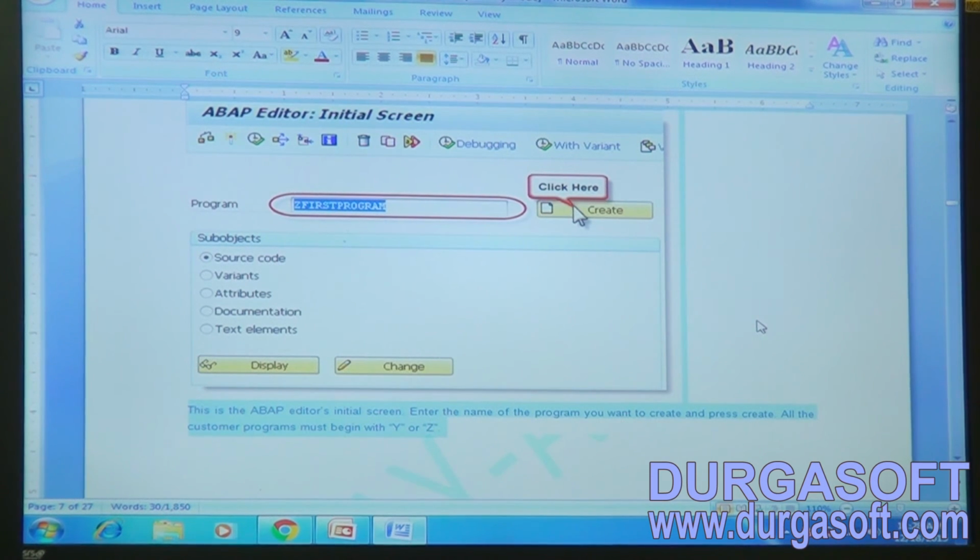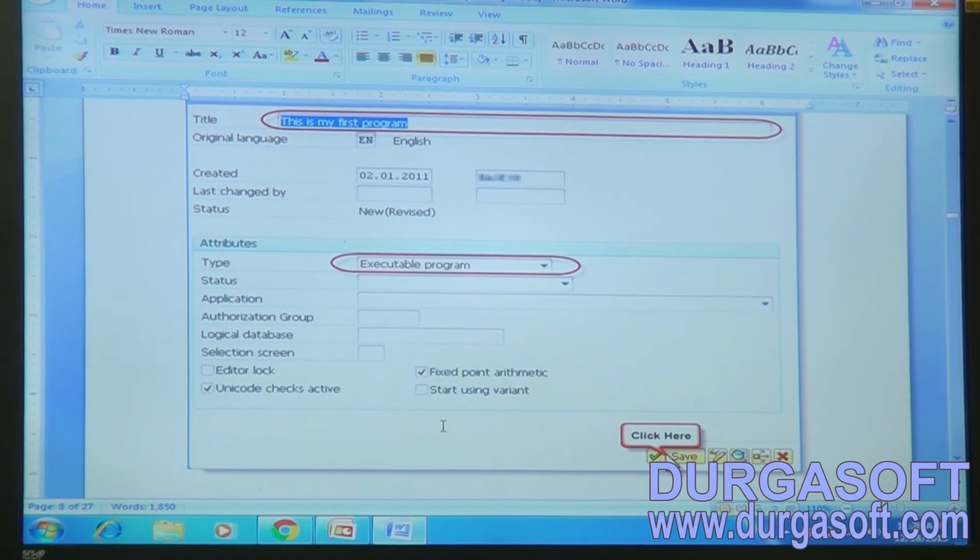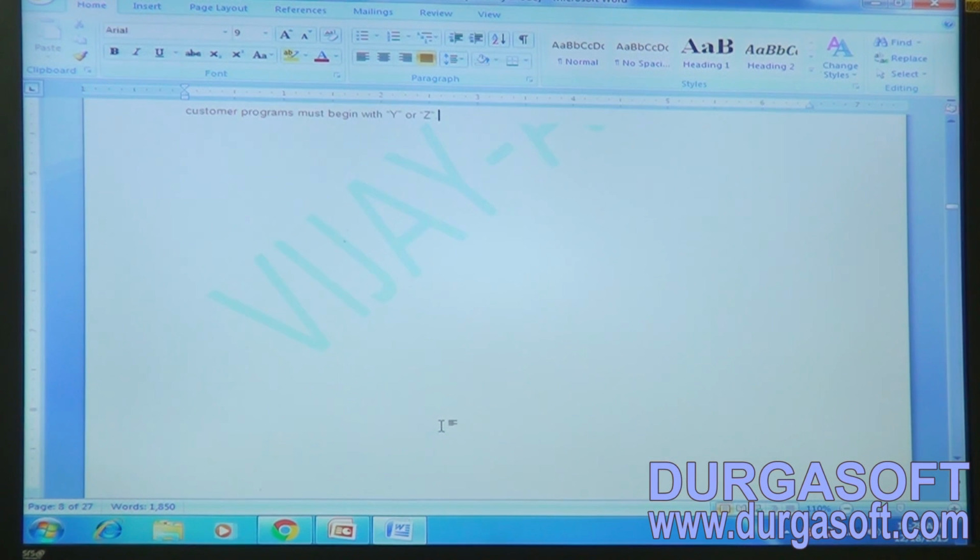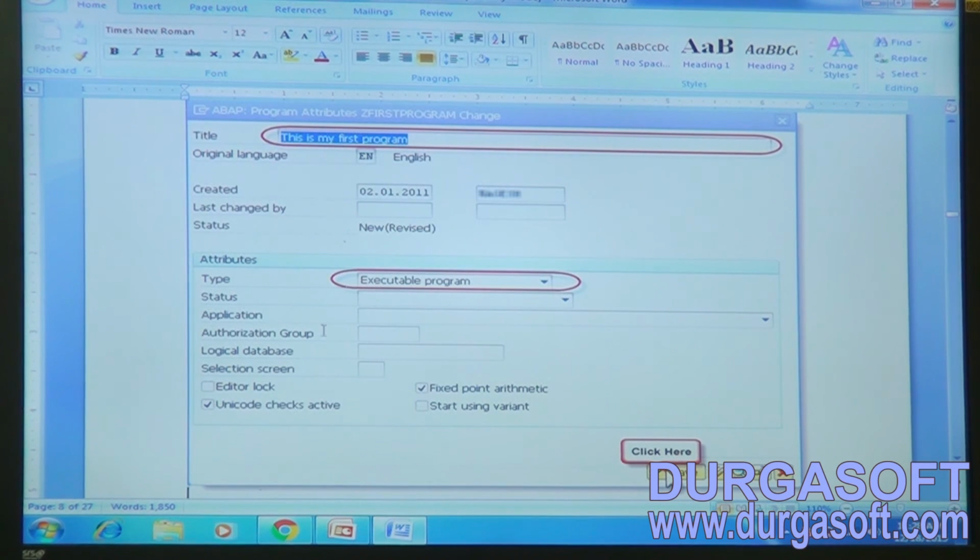This is the ABAP editor's initial screen: enter the name of the program you want to create and press create. All the customer programs, that means the user-required ones, not the SAP predefined ones, must start with Y or Z. Anything will start with the letter Y or Z. After creating and pressing enter,